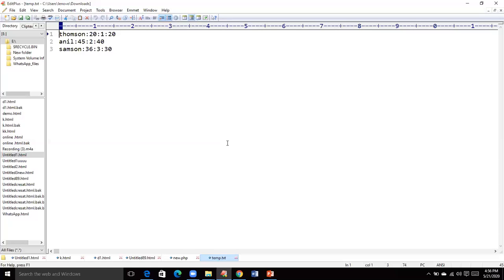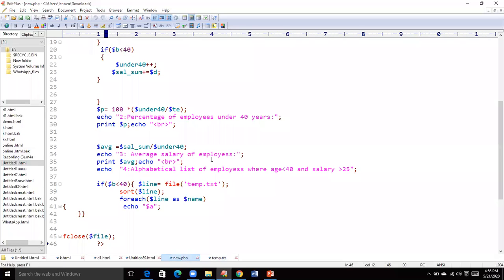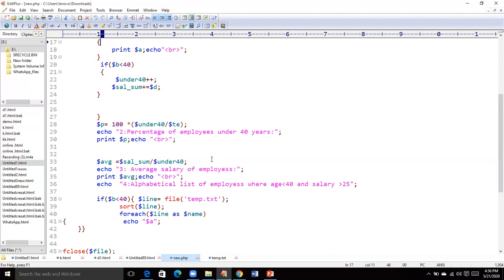For this purpose, we have to use the built-in explode function, and you have to use matching functions with respect to regular expressions. Since this is a file, the file has to be opened and the contents have to be read. Before doing that, we have to check whether the file exists. Now we have a file by name temp.txt. Okay, now I will go to the PHP file.